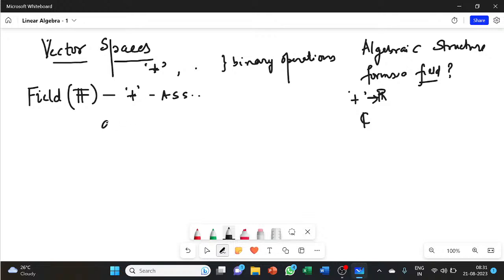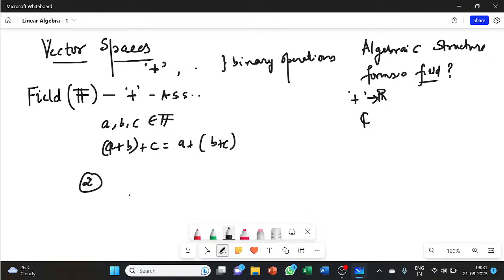So the first thing is, let's say A is an element of a field, B is an element of the field, and C is an element of the field. Then A plus B, plus C, should be equal to A plus B plus C. The first thing that you should think of is this. Second thing